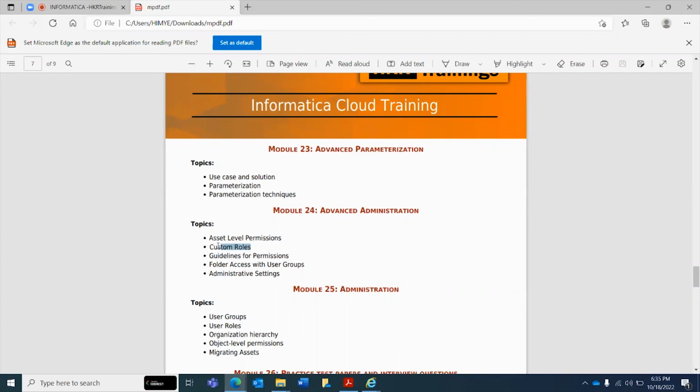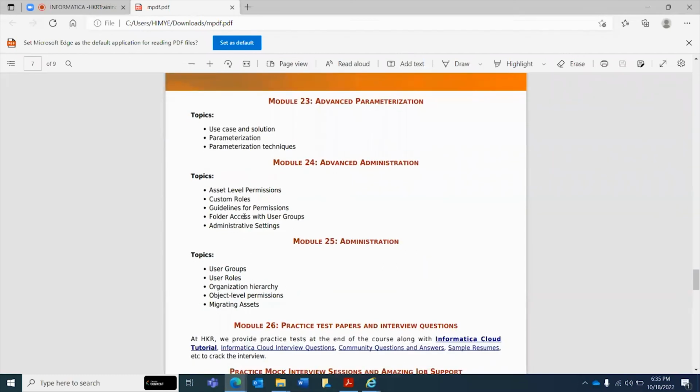So how we add them, how to give permissions and folder access to the users, those can be covered here. This is completely the administration part of Informatica Cloud. And once we add the users, how we can assign roles for that user, and how we can give object level permissions.